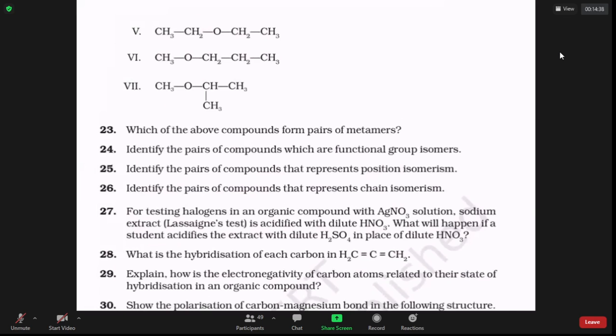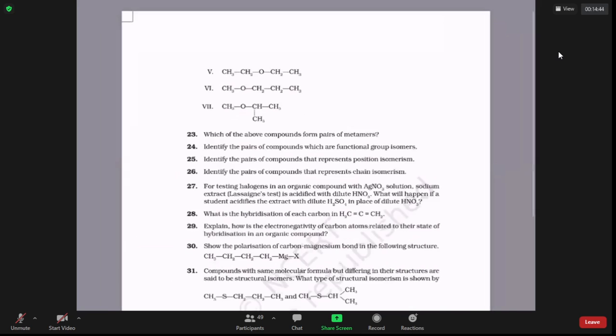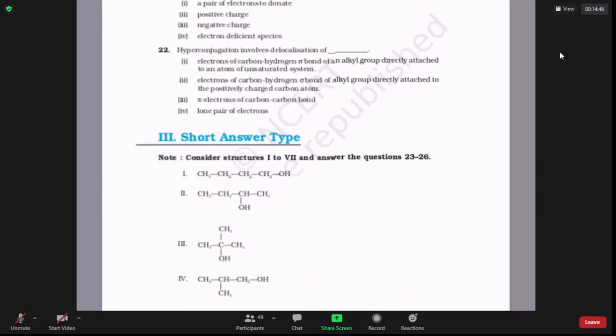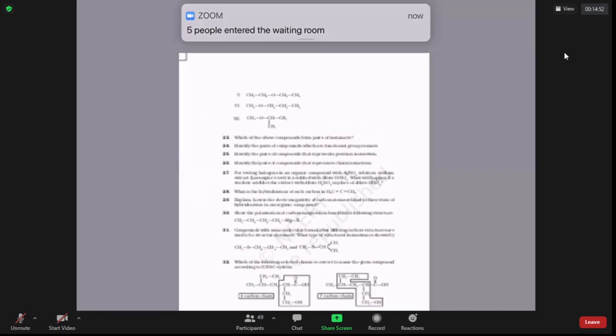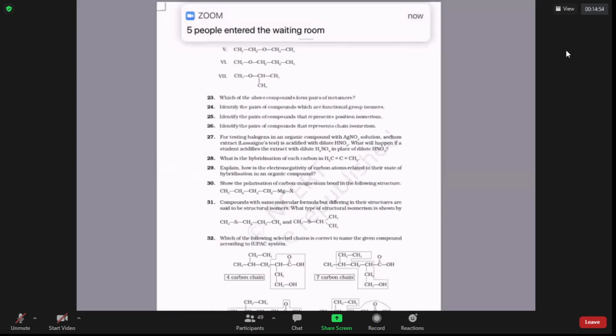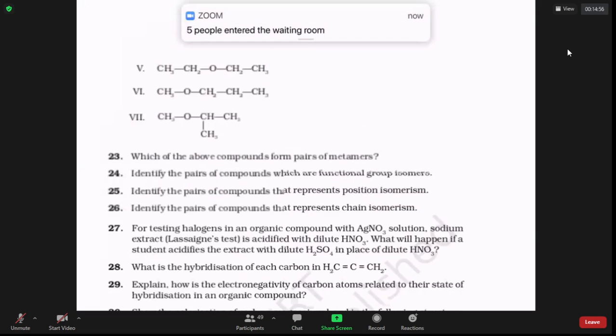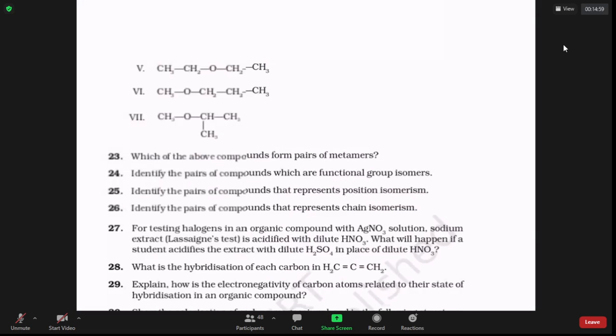Sir, which will make metamers, sir? Can 1 and 2 be called metamers, sir? No. They are position isomers. Can I call 5 and 6 as metamers? Yes, sir. They are metamers. A compound